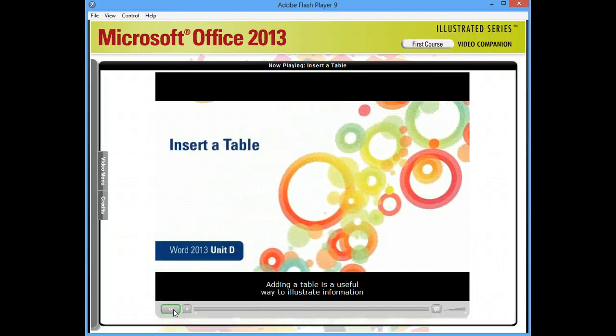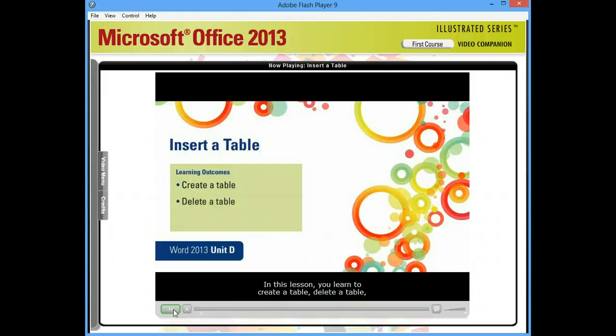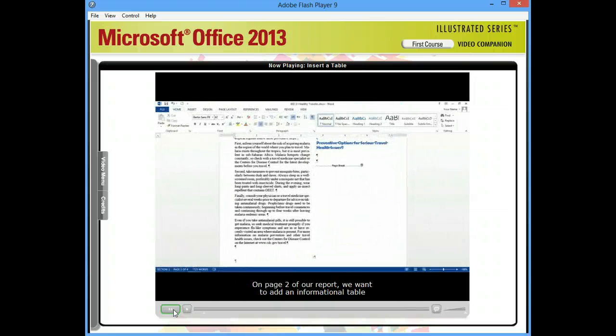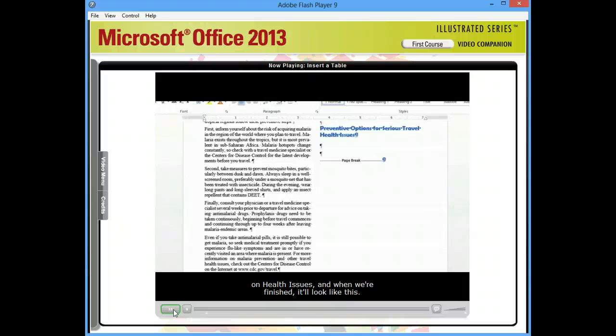Adding a table is a useful way to illustrate information for quick reference and analysis. In this lesson, you learn to create a table, delete a table, and apply a table style. On page 2 of our report, we want to add an informational table on health issues, and when we're finished,